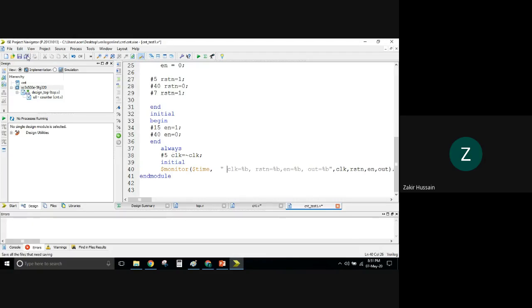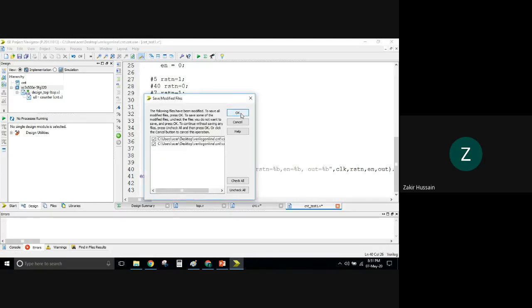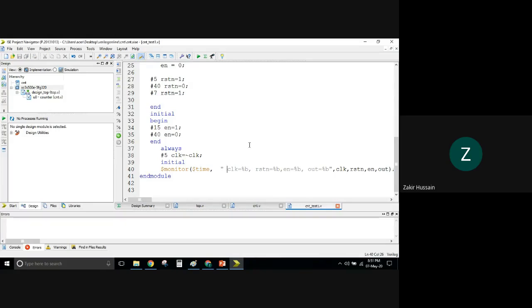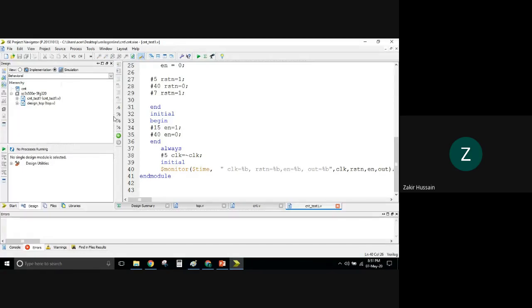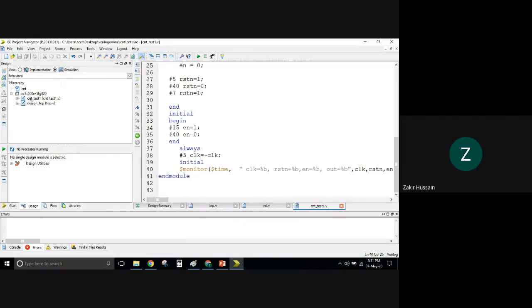So now I'm just saving this one. So let us save this one. Save this one. Now I have to go to the simulation tab here. This radio button, you see, simulation, and if you expand this one, C and T, everybody, I think, can you people see there? Satish, can you see? Yes, sir. Okay. You see that CNT underscore test one, that you have to select.